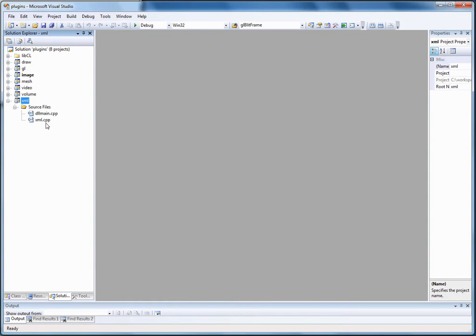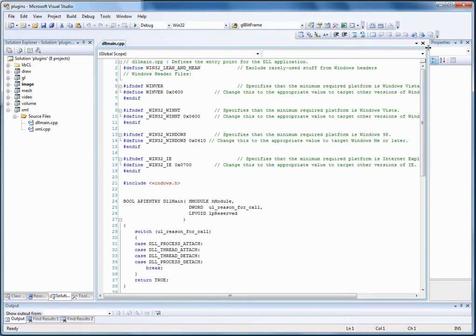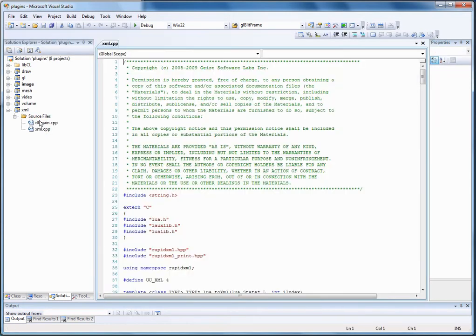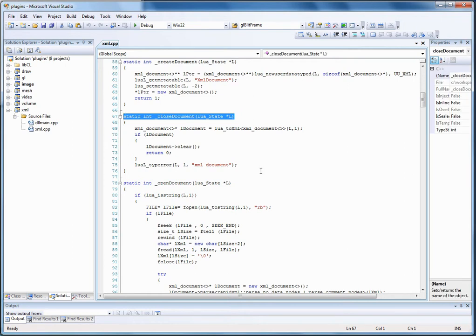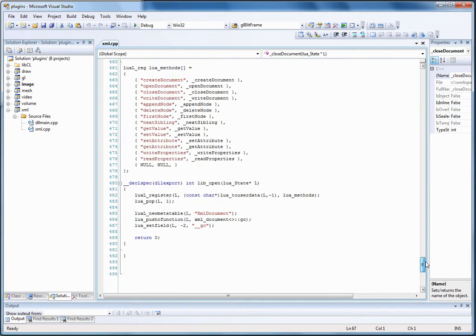So in here we now have 2 CPP files, one called DLL main, and this one basically contains your standard DLL main function. We will not look at this any further. And the other one, xml.cpp, now contains the XML bindings. And this includes a number of functions that are in the proper format for the Lua interpreter to call. And at the very bottom here, we have a function table and a single function that's exported by this DLL